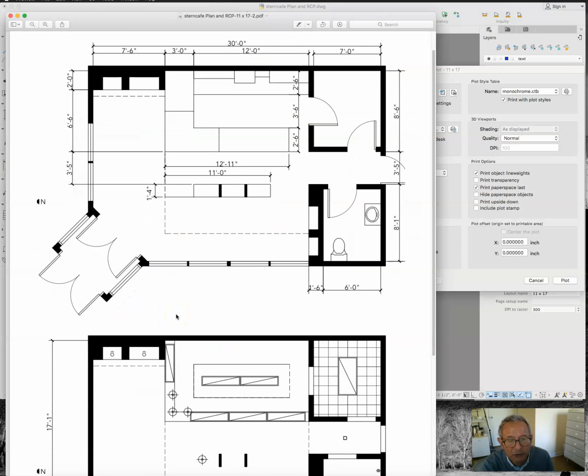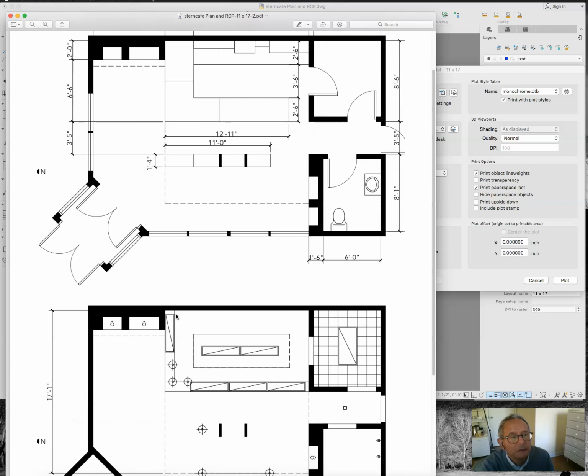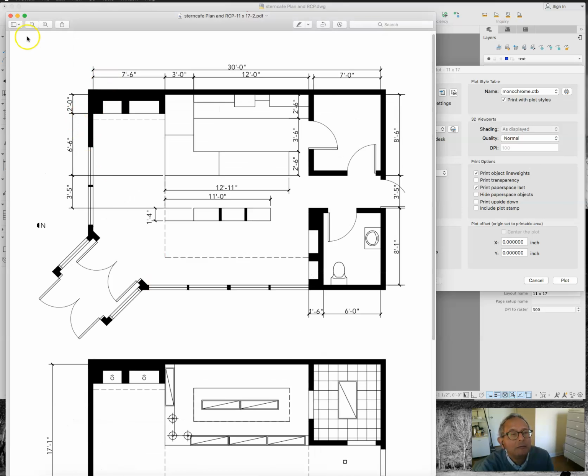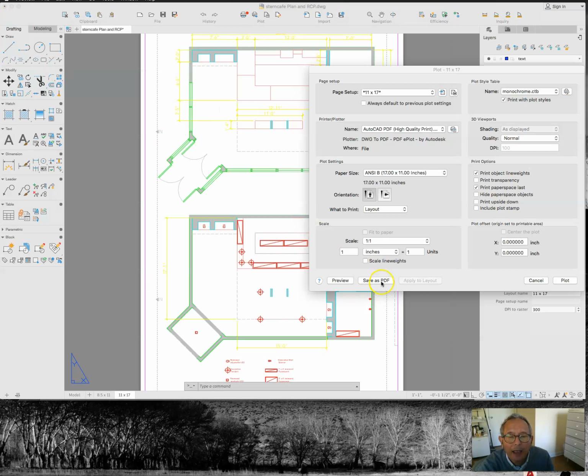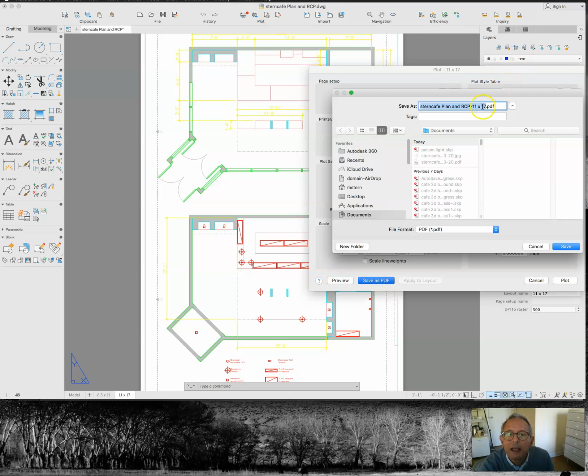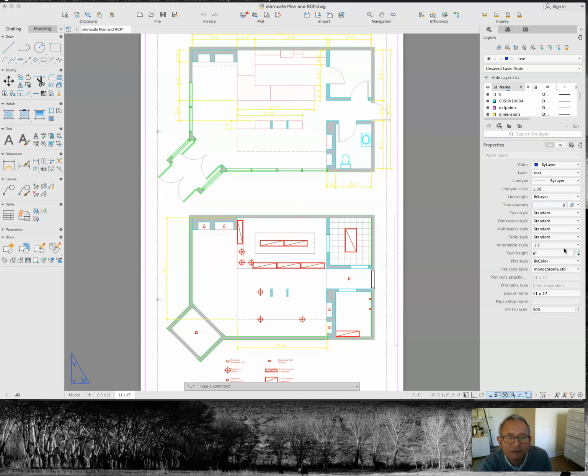See how that looks. Looks pretty good. I'm going to hit Save as PDF. And I am going to just give it a name that's distinctive. I've done this a few times. Hit Save. Now, I have to make a little stop in Photoshop first, because if you're using the Windows version